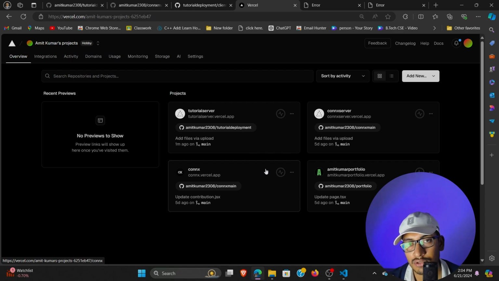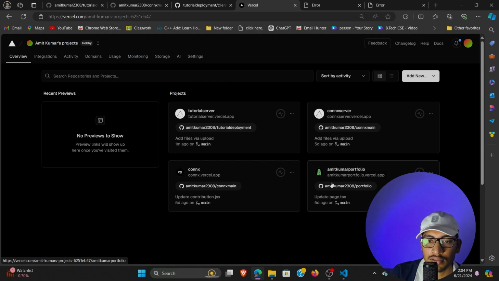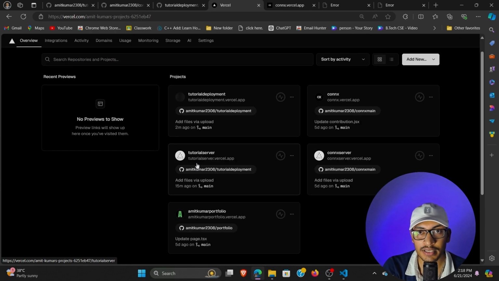So friend, actually what happened there, after deploying this backend, you have to tell your front-end files that you have to request on this particular site on which our server is deployed. So after successfully deploying my backend server, I simply copy the link and tell my front end to make requests on this particular link to perform any request.